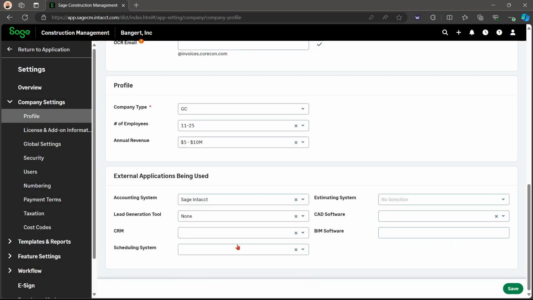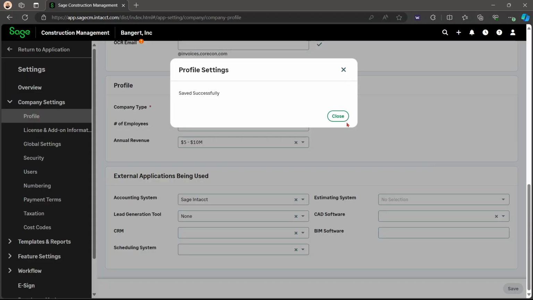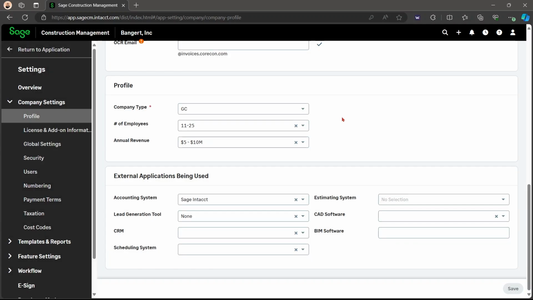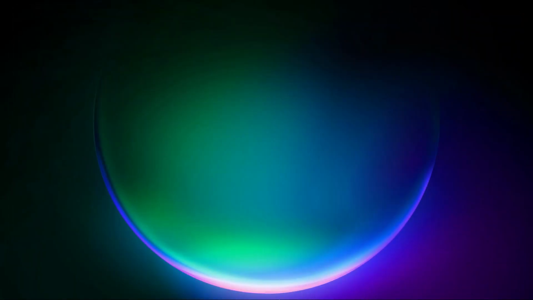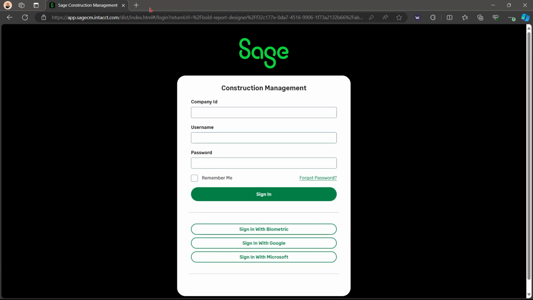Then you're going to go back to the one that you are using and you want hooked up. You are going to save it again, just as a little reset. Now you are going to log out. So you are going to close this browser. You're going to go down and open up the new browser and go to the SCM login page again. You're going to log in.